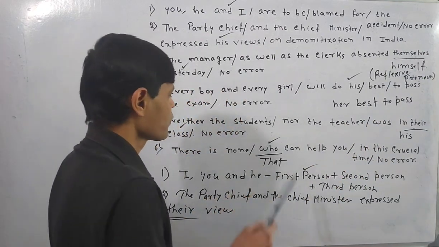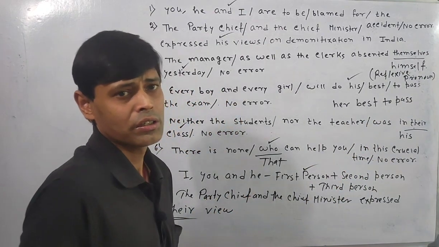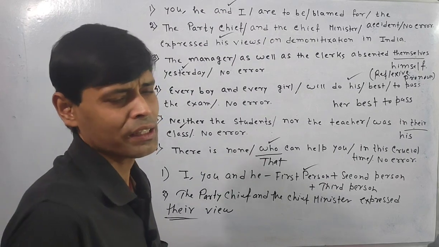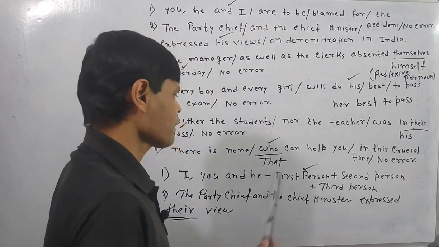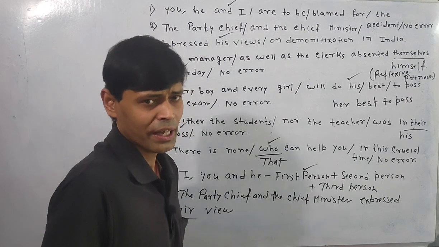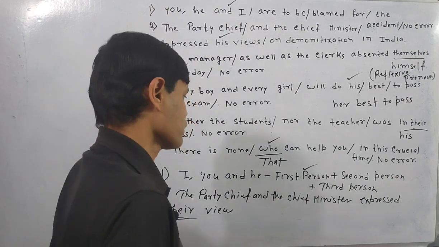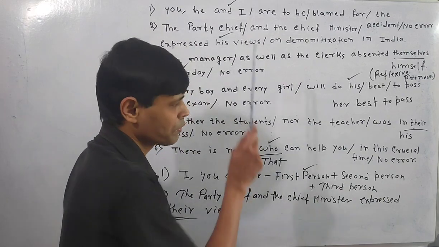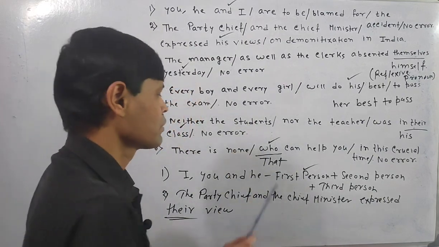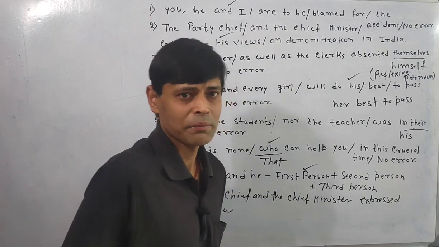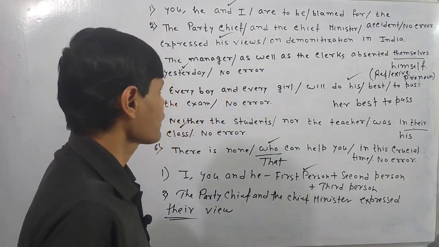Again, there is none, so none, nothing, only, the same, any. After that, we generally write that to join sentences in the relative pronoun format. So who will not be the answer, that will be the answer. That pronoun is called the demonstrative pronoun. It demonstrates something. So this is my class for the day.